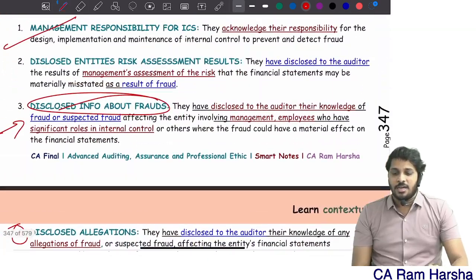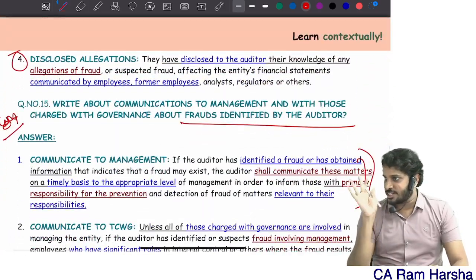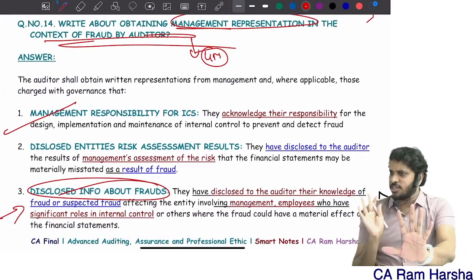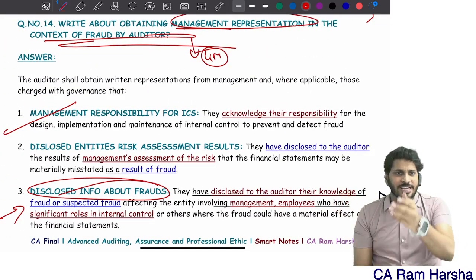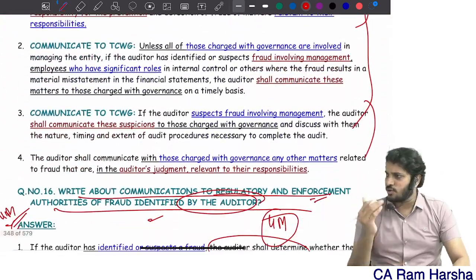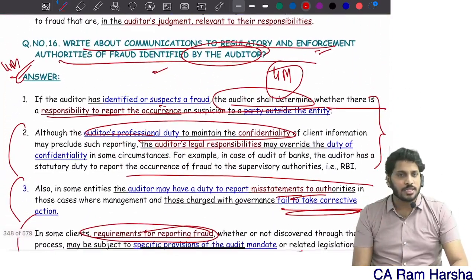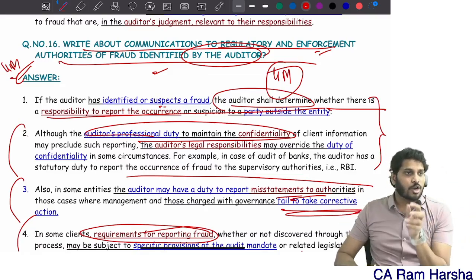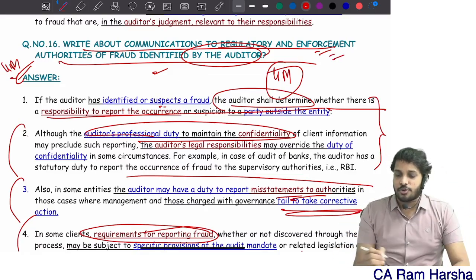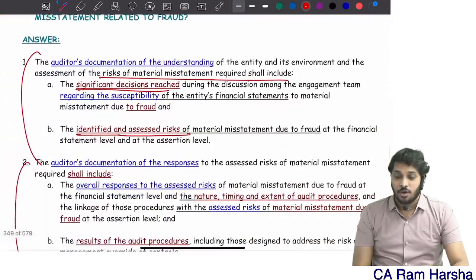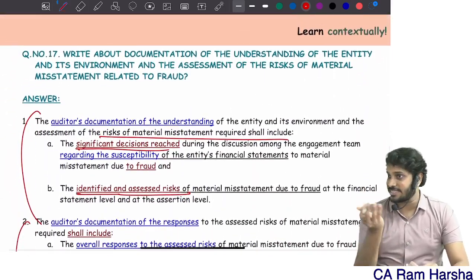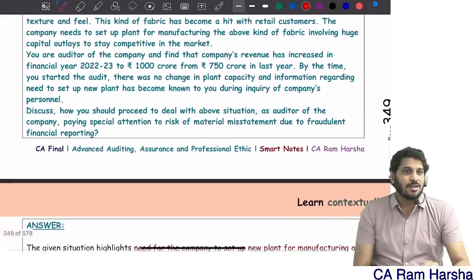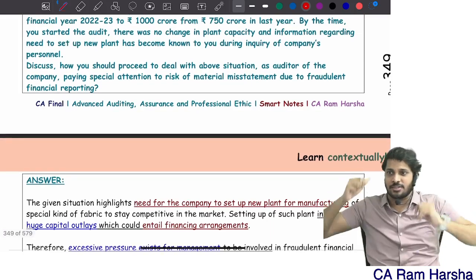And finally, okay, you performed the audit. It is not like you are not doing. You performed the audit and everything is over. Before conclusion and reporting, get representations. Once you got the representations, finally you do documentation of everything, right. You found some frauds. What do you have to do? You have to report the frauds, sometimes to the regulator. How to report, what to report, exactly when to report, and document the entire process. Clear? So strategically it is arranged.